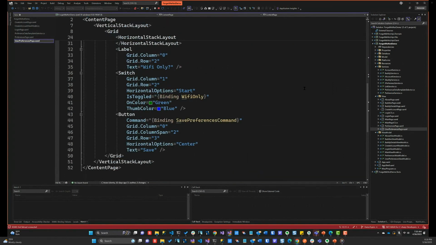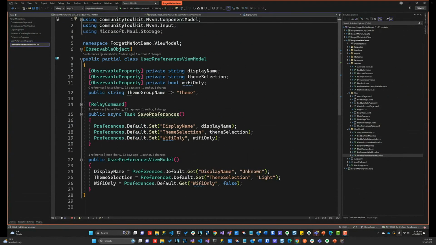We're going to come down to the user preferences page where the user can enter their preferences for the application. This is built into .NET MAUI. We have a user preference view model with 3 properties: display name, theme selection, and Wi-Fi only. And we have a relay command for saving the preferences. We also have a constructor for getting the preferences. We use Preferences.Default.Get. You can see that's static. And that has 2 values: the value that was stored in display name or the default value to use,